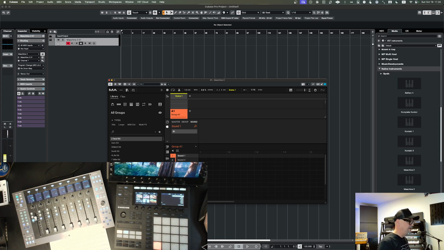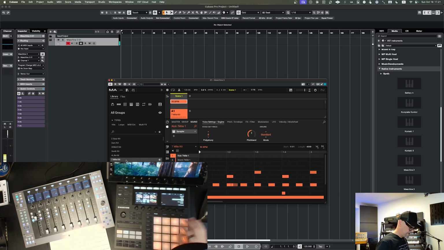I have disabled this, because if it's enabled, it will bring the default routing from the patch and from the group. If it's disabled, it will not bring the routing. So whenever you do the routing and you bring an instrument group here, like if I would bring this now here,